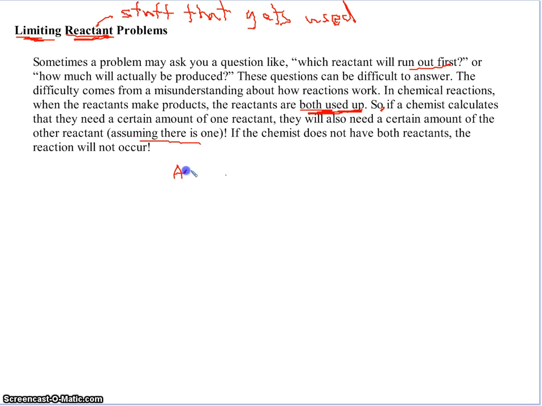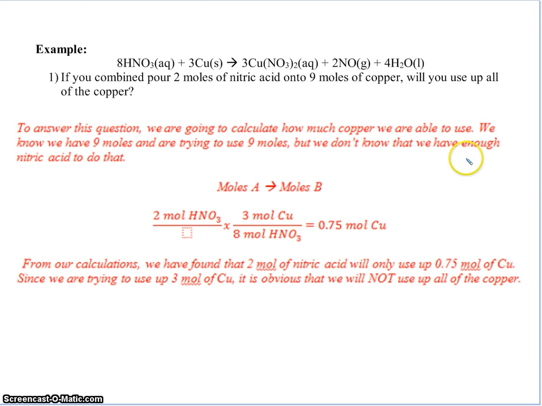It's like if you got a recipe, A plus B equals C. If you don't have B, you can't make C. Okay? Let's look at this example. We got 8 HNO3 plus 3 copper,